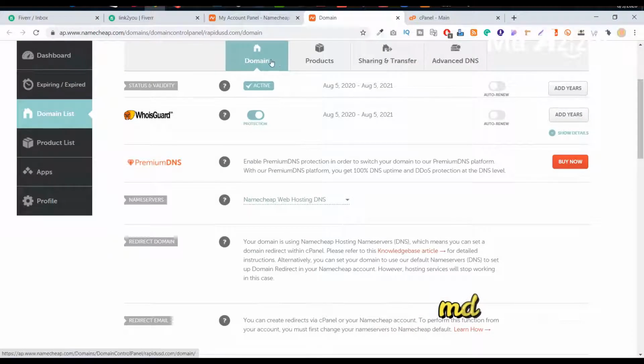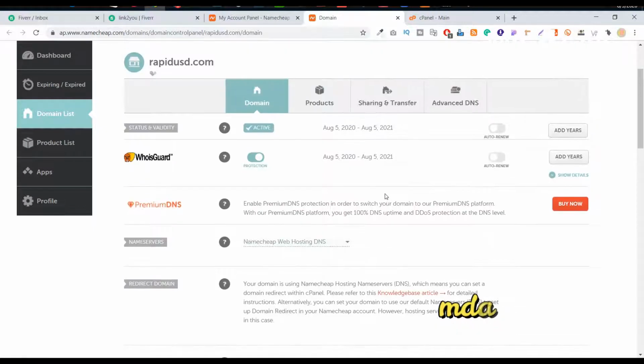So here as you can see this domain and here the name server. Here you just need to change it to Namecheap web hosting DNS. Just set up that thing. So when you set up this